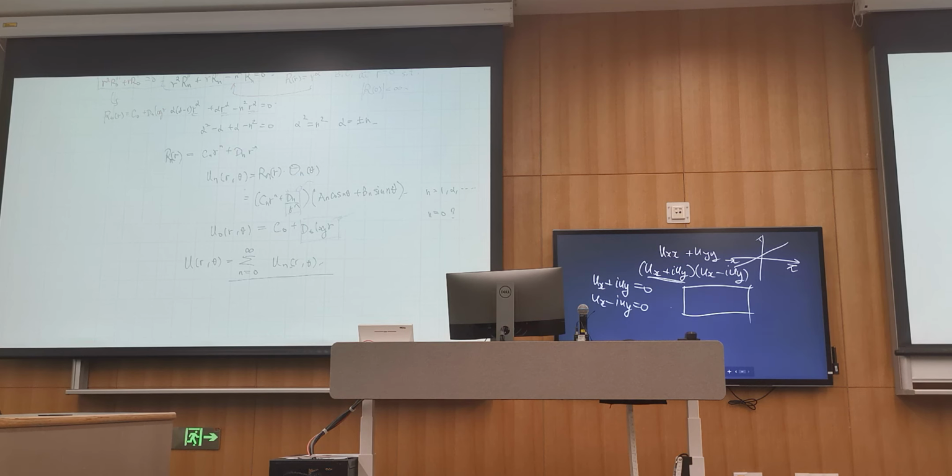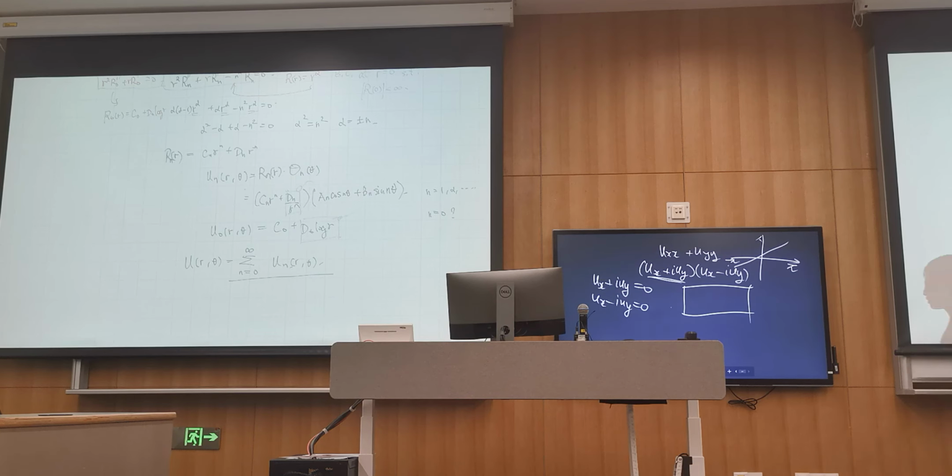When n is 0, it only includes a constant. No more the log r term, as we have explained why the log r cannot be there. And when n is not 0, then we have Cn r^n multiplied by an cosine n theta and bn sine n theta,